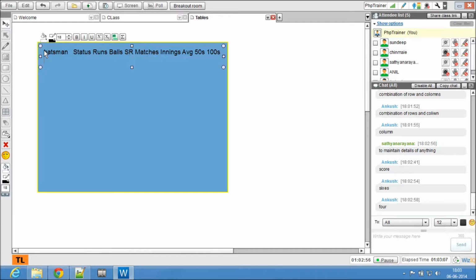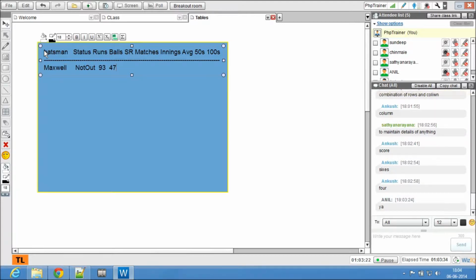Fine. Then they'll have a line here. Let's consider that to be a line, and then they have the name of the batsman. Let's take real names. Maxwell. I hope everybody enjoyed IPL. Maxwell, not out. Runs 93, balls 47.